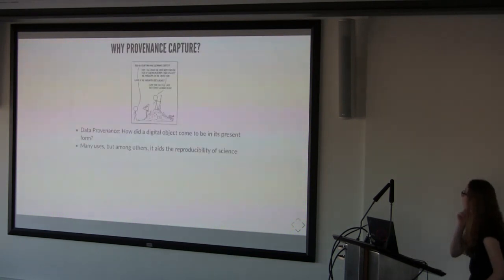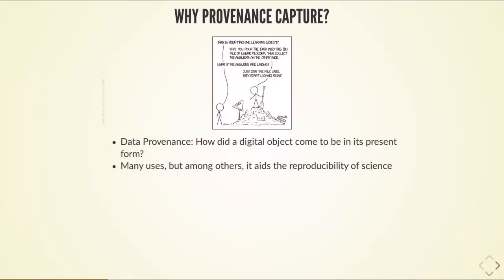And when we talk about provenance capture, what we mean by data provenance is the question of how a digital object came to be in its present form. And for provenance, there are a number of applications, but the most important one for us as scientists is that provenance aids the reproducibility of science. And that's related